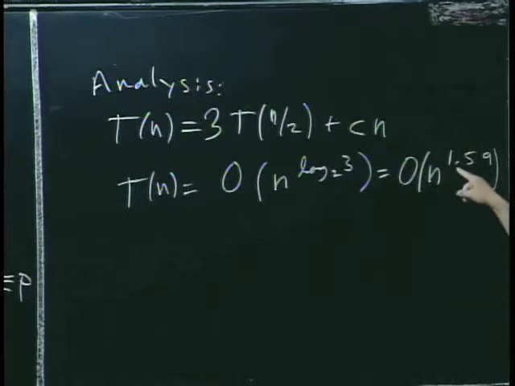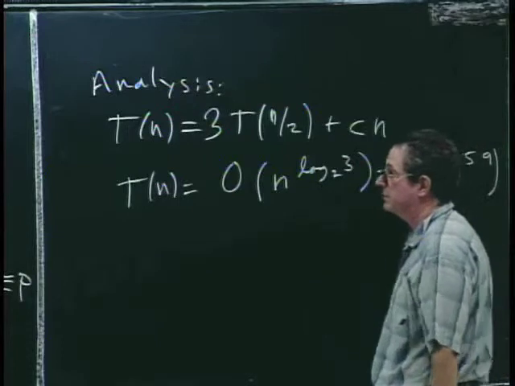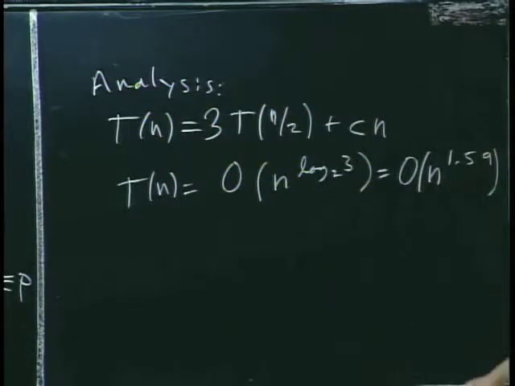So n to the 1.59, which is considerably smaller, in this business, than n squared. 1.59 is smaller than 2. And n to the 1.59 is a function that grows considerably slower than n squared. So this function, n to the 1.59, is little o